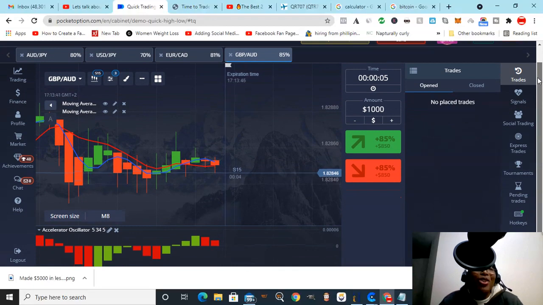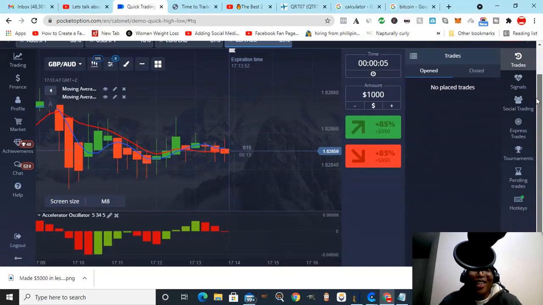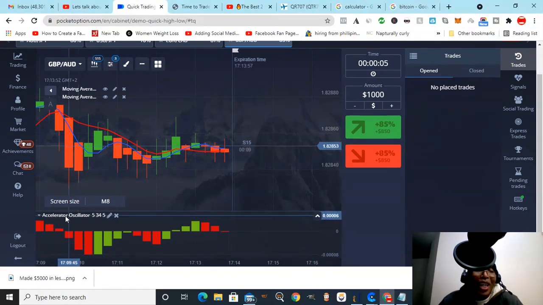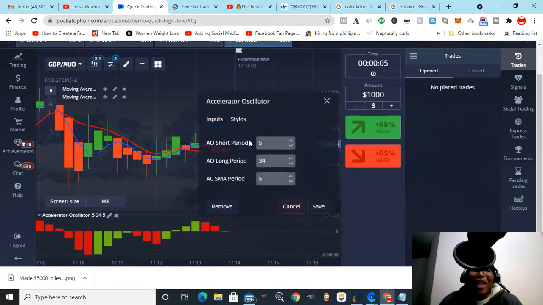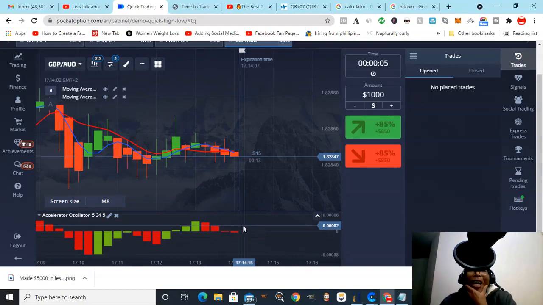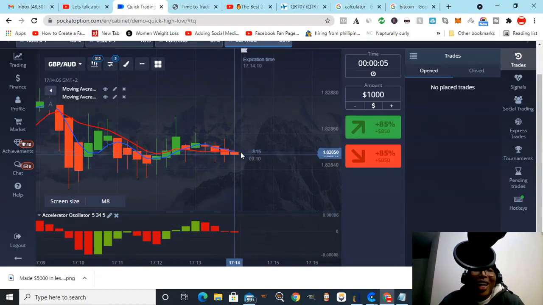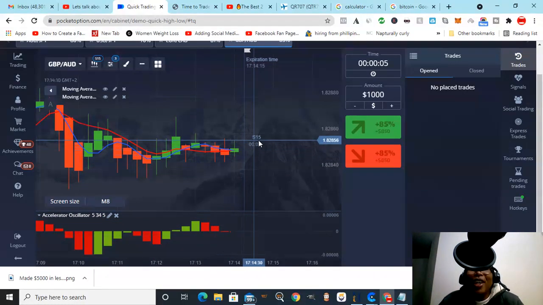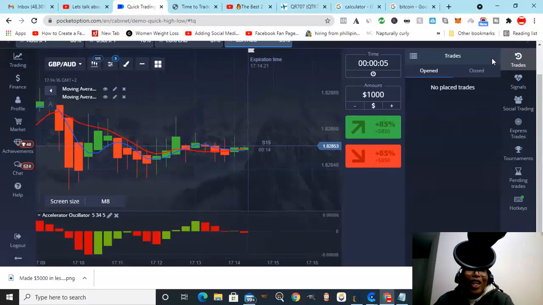So the setup for the accelerator oscillator, guys, I use the default settings. I did not change anything except that you have to pay attention. So when do you take the trades? Okay? So first of all, you have to take a quick glance at the timer here. You have to enable the timer. So you're only going to take a trade on the new candle formation. Okay? Only on new candle formations. So we're not going to take multiple trades on one candle now because it's 5 seconds and the candles are 15 seconds. Ideally, you could take 3. You could click 3 times, right? Before the time expires. No, you only take 1 trade per candle